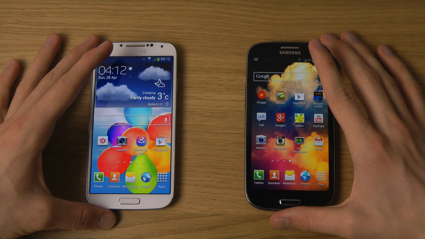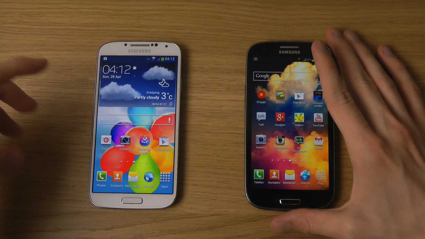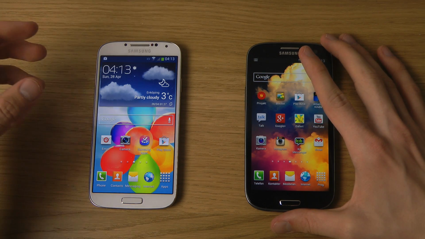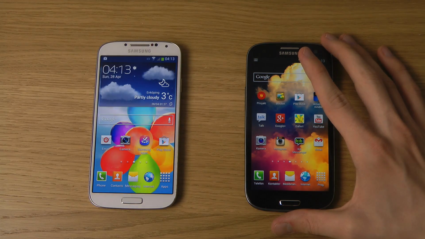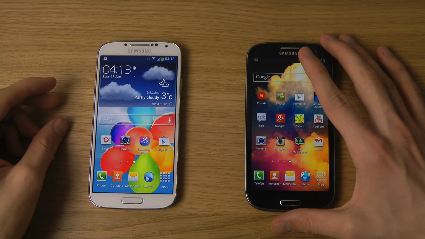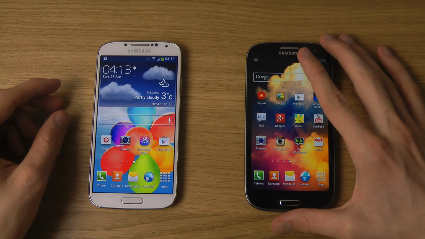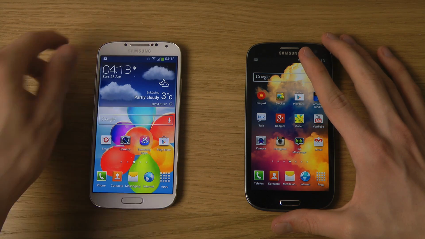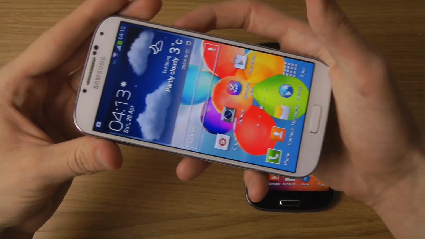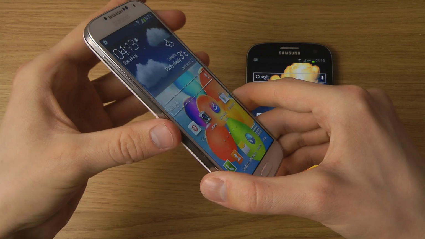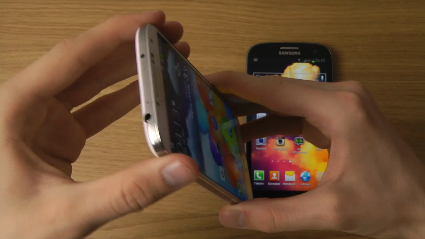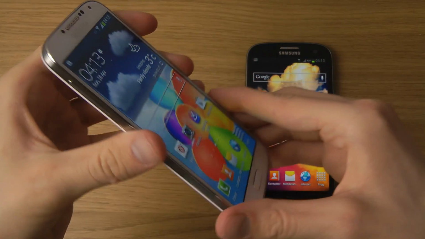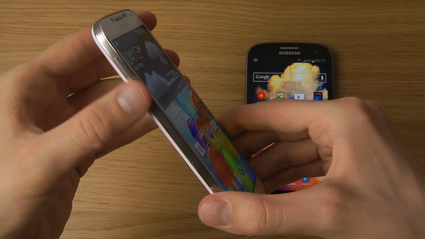but they also do have a lot of new things with the S4. And one of the major things with the Galaxy S4 over the S3, the first thing that I loved so much about the S4, was that it seems like Samsung has adopted some of the design aspects from the HTC One and also Apple's iPhone series, and that is that they have now made a side that isn't rounded off. So you can see that it has this big fat side, and I don't think it's metallic, some kind of plastic material still, but it really makes it easier to reach the volume up and down keys